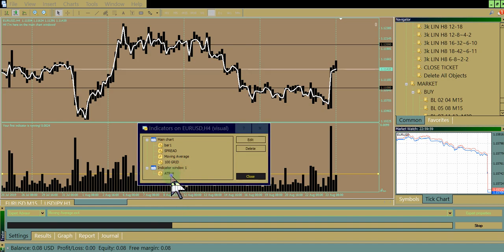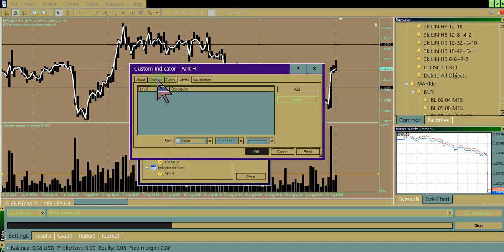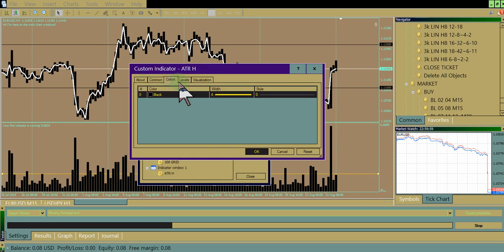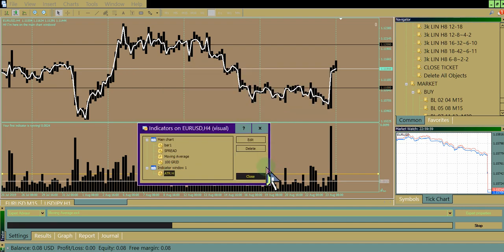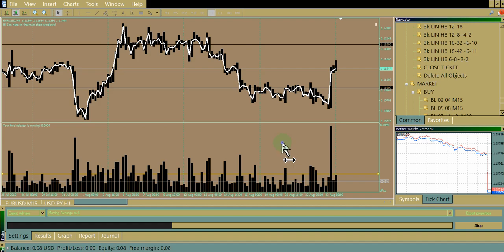Let's see, I just call it the histogram. So you could say, well, I'm going to only take trades that have, let's say, 10 pips now. Let's do 15 pips. That's pretty tight, right? I think this is going to be 15. Make it kind of thick. Okay, so we only take trades that are down here.